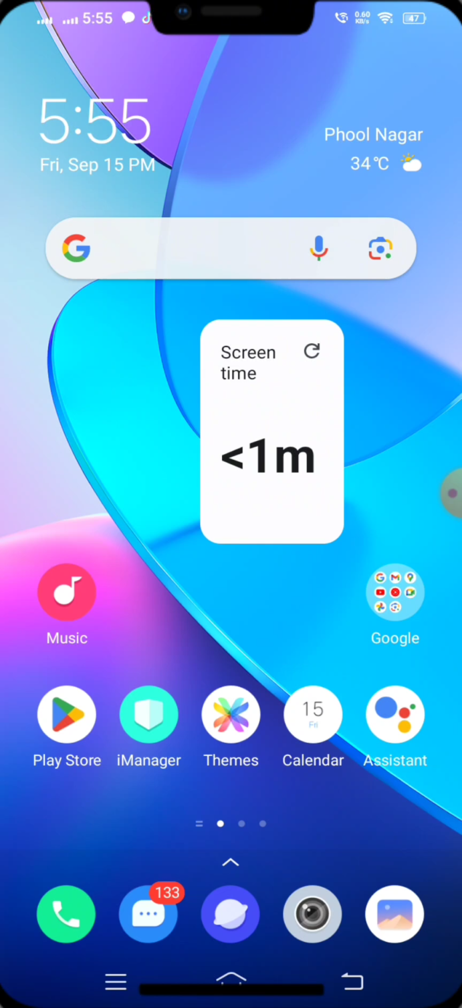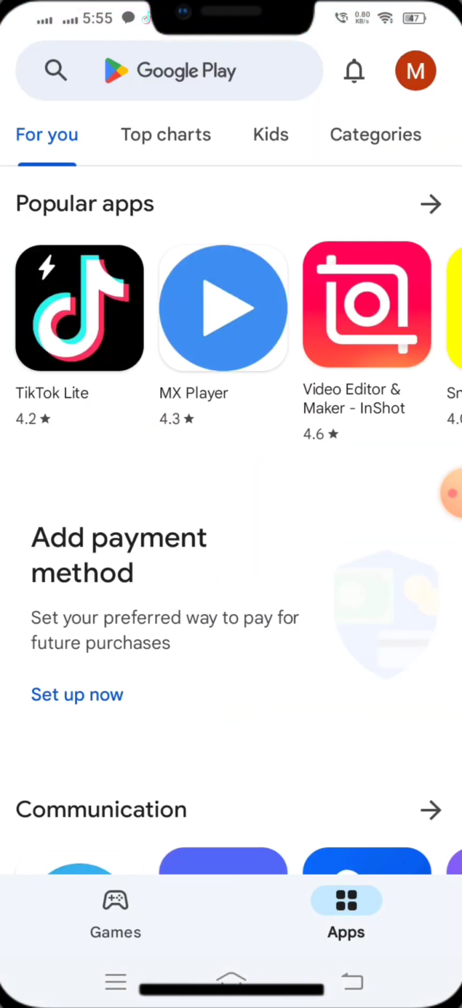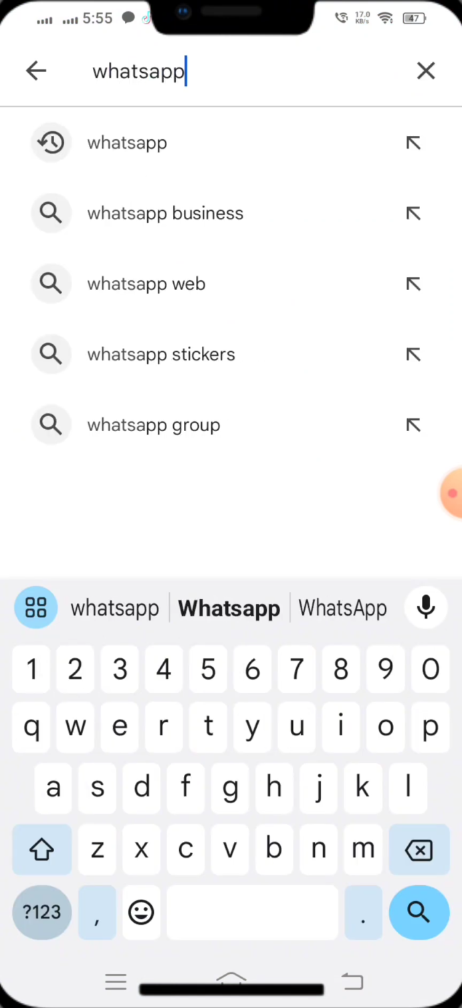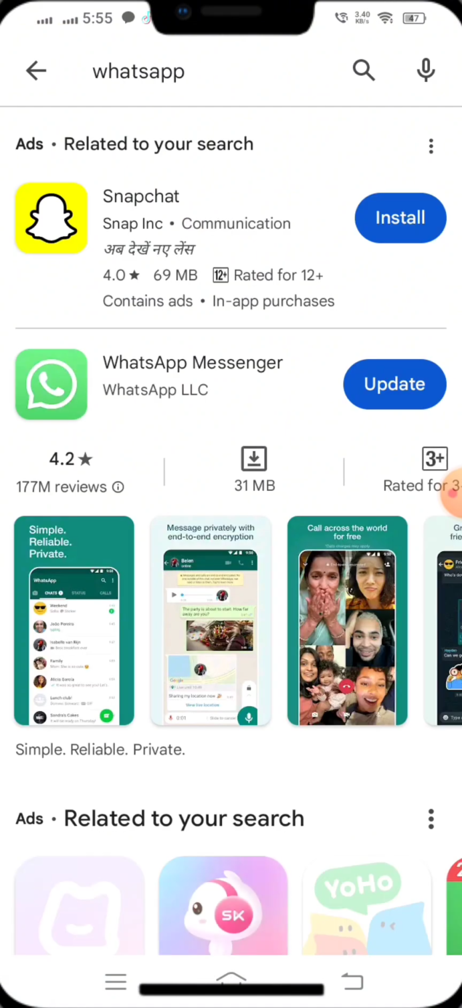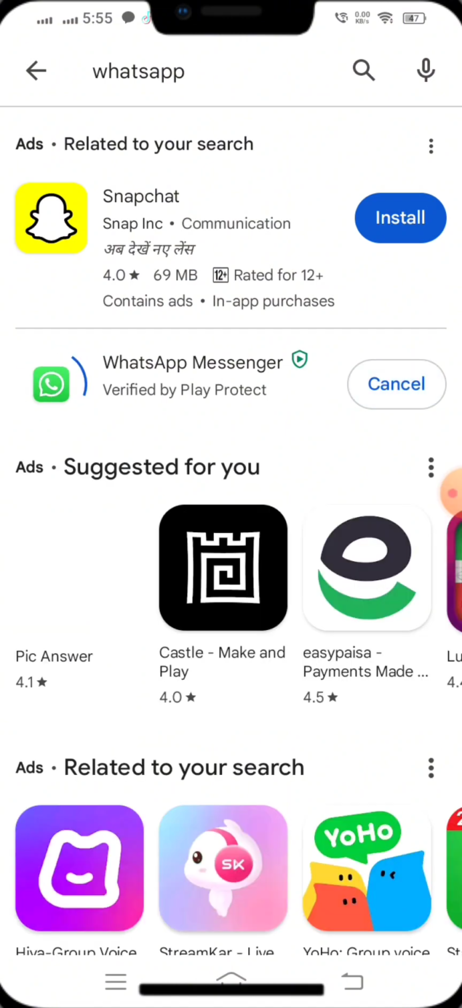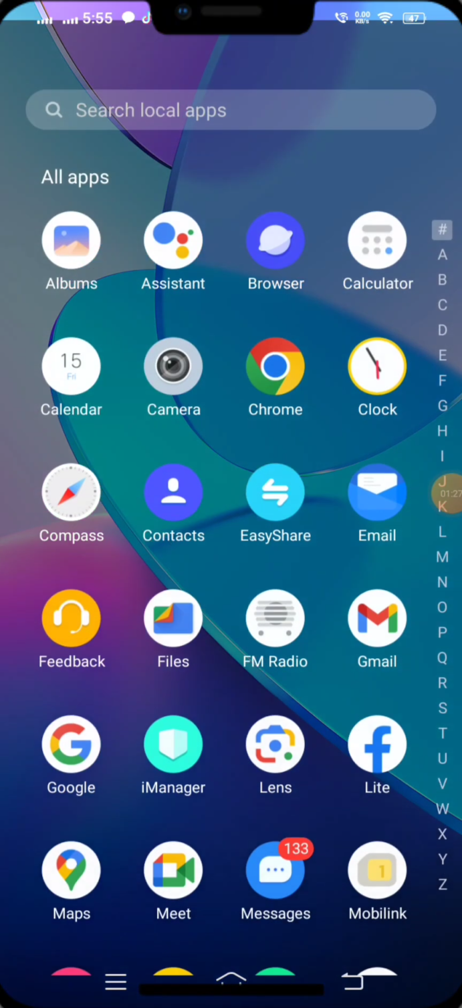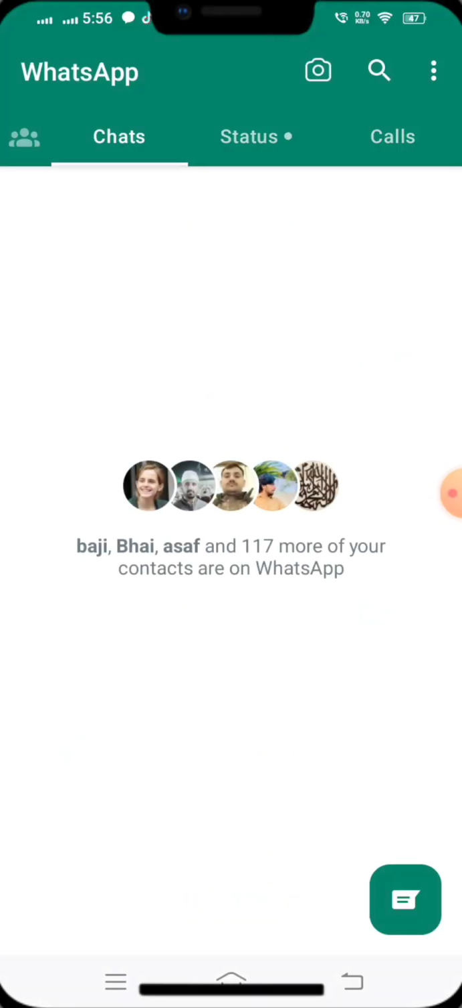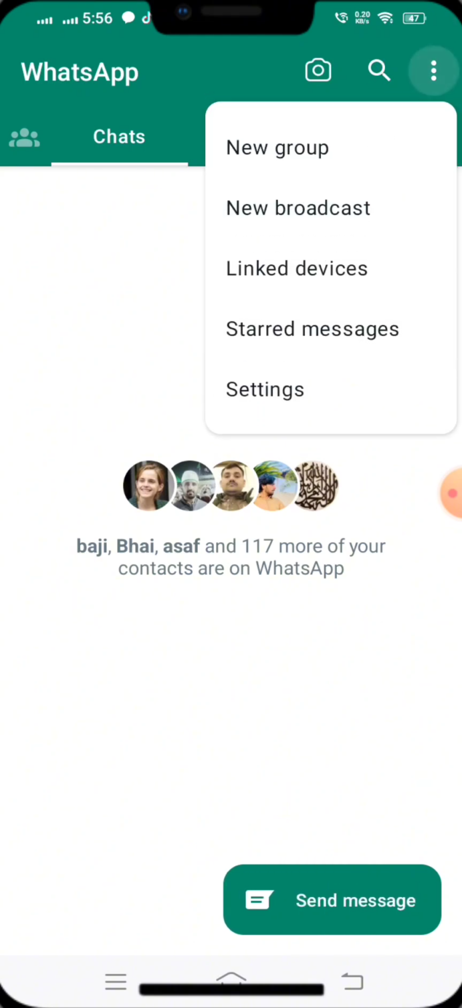You have to go to the Play Store and make sure that your WhatsApp is updated. If the WhatsApp is not updated, you have to click on update. After updating, you have to open your WhatsApp. You can see that this is my WhatsApp, and after opening this you have to click on these three dot lines. So you have to go to the settings